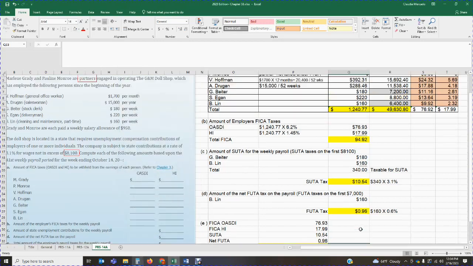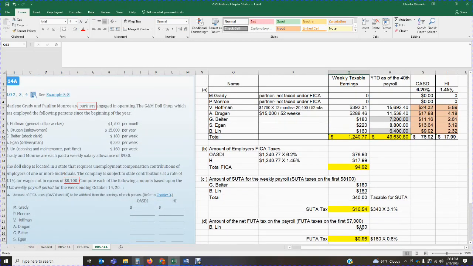Okay. Please be very careful. Analyze the information. Make sure that you calculate your year-to-date total. That will make it so much easier not only to identify the OASDI taxable earnings, but the pseudo and FUTA taxable earnings. Remember, pseudo has a cap, and that is provided in the problem. FUTA will always be the first $7,000 of earnings. Okay, so I hope you find this video useful. It's kind of step by step. That way, you could follow along and see how all of my calculations are done.